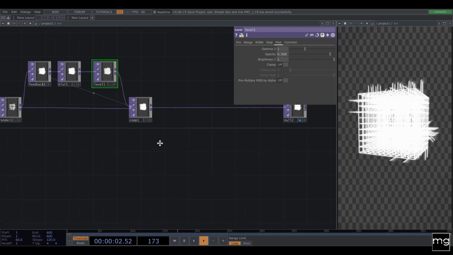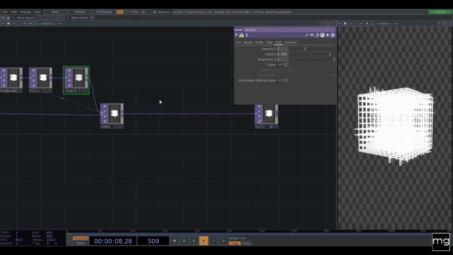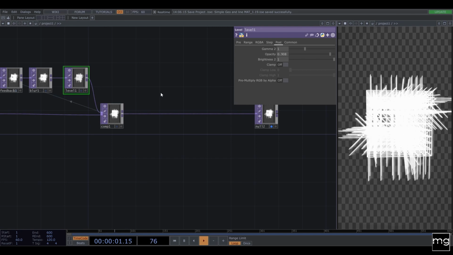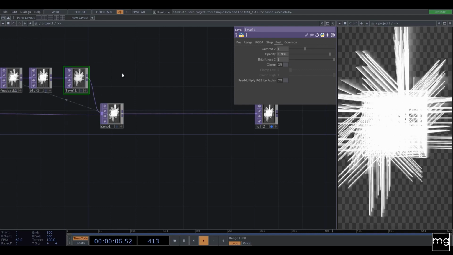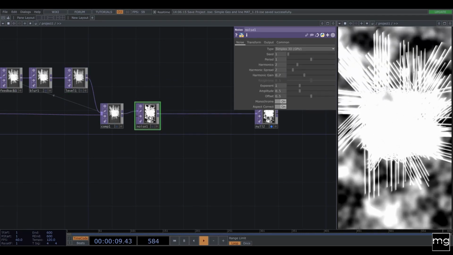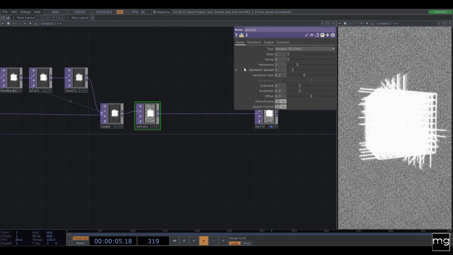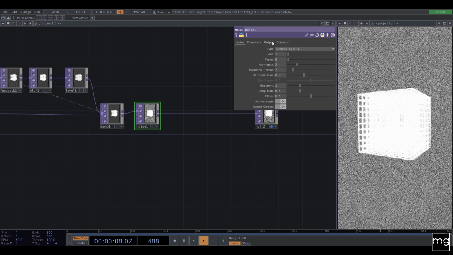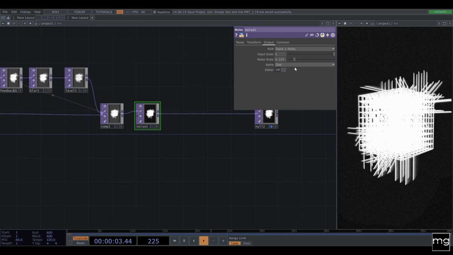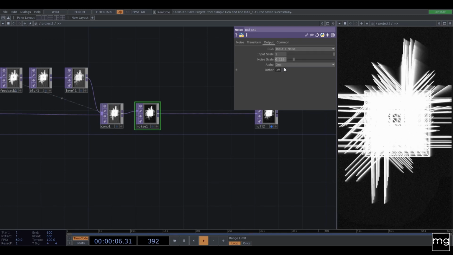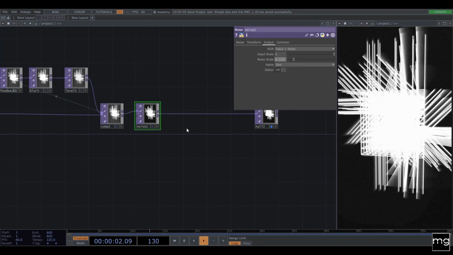And to have a background, you can add a composite, or you can add an over and composite with a constant. But in this case, I'm going to use a noise because I like to add a little bit of noise on my videos. So we're going to change the period to 0, and in the output, in the noise scale, we're going to go really, really low. So it's going to create a little bit of grainy effect. It's not going to be super invasive, and also create a background right away, like a black background.